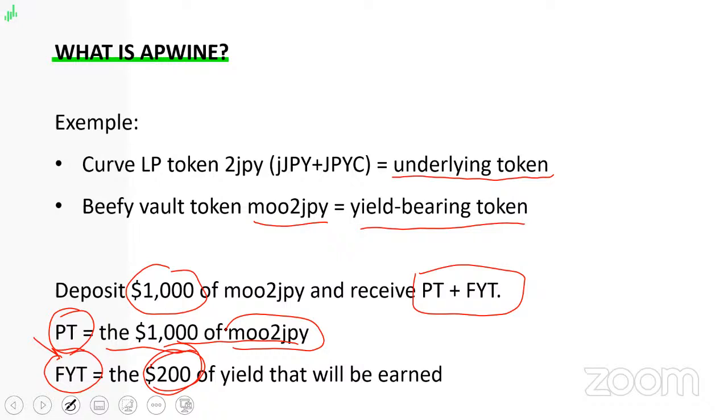So basically, the value of the future yield token from day one is 0 because it didn't accrue anything. But after each block, there is a bit of money that is added to the future yield token. So the value will, of course, evolve. And at the end of the 3 months, so at the end of the period, you will be able to burn the future yield token to get back the yield that has accrued.